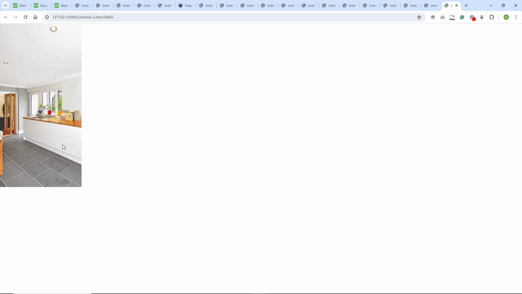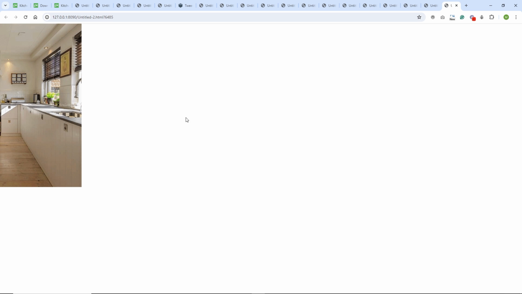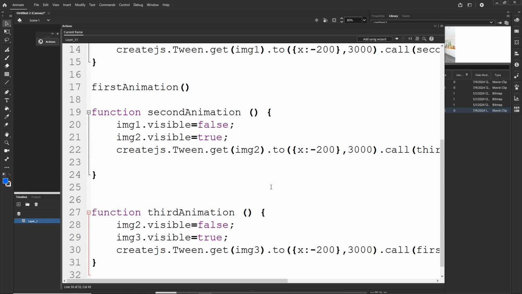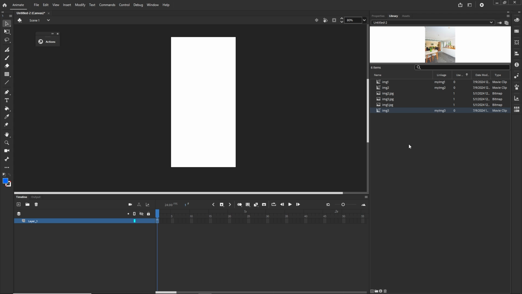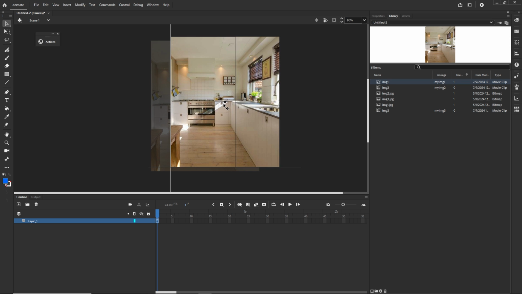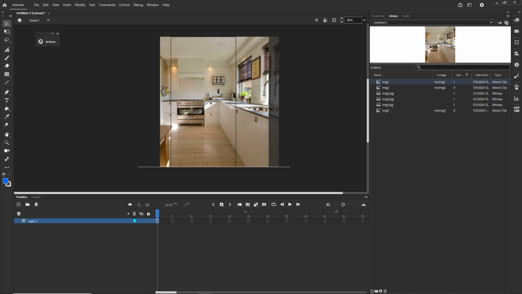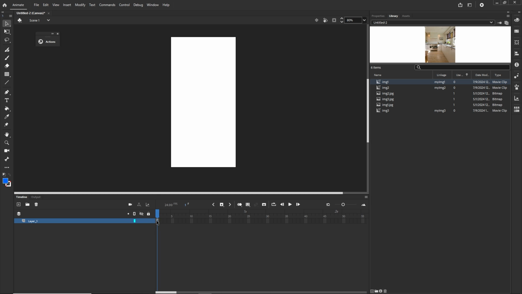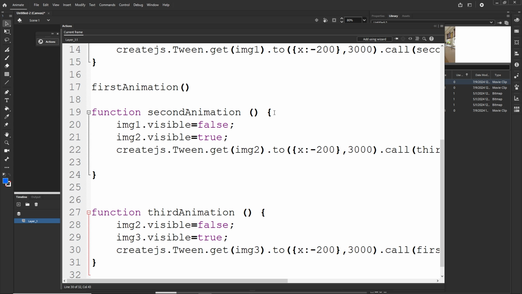But you can see that there is some kind of issue with this. It's not animating anymore. Why is it not animating anymore? The reason is that at the beginning, the image had the X in here, like so. And then we created the CreateJS animation, and we have positioned this to the left. But when we call the loop one more time, the image is still there, so it has nowhere to move. So what I will have to do is, for all of them at the beginning, I will have to say that